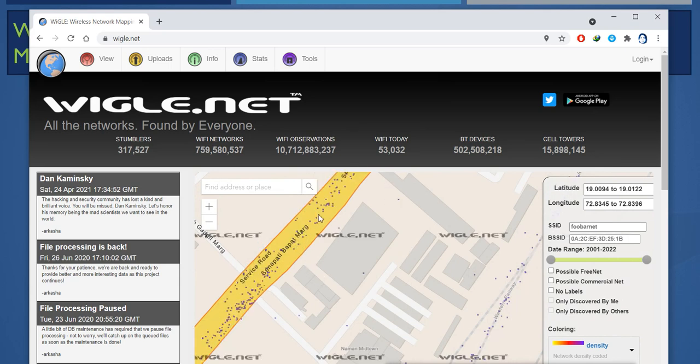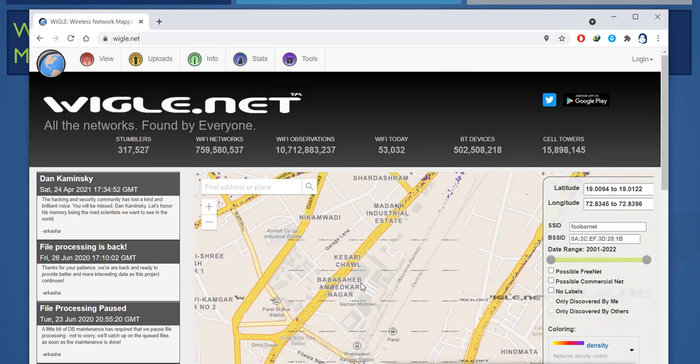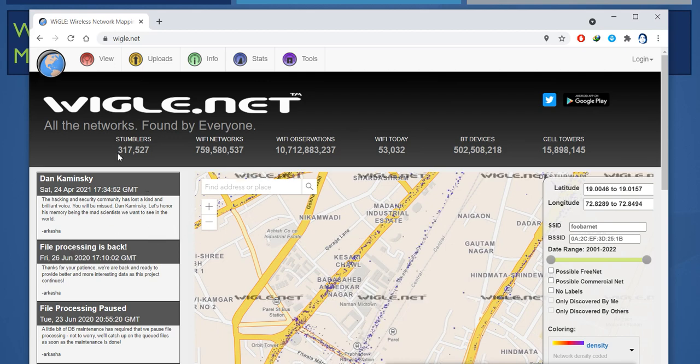It shows stumblers, Wi-Fi networks, Wi-Fi observers, Wi-Fi today, then BT devices, Bluetooth devices, and cell towers. So it is showing all this information here.